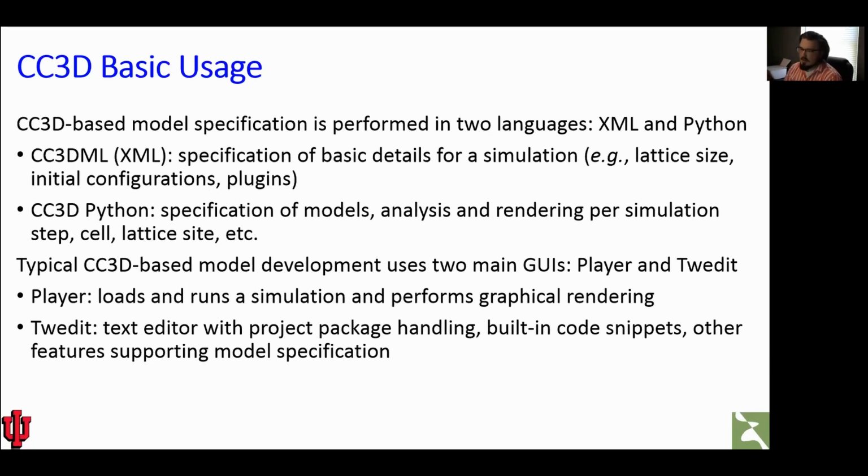This is specifying things like the number of simulation steps, so how long you would like your simulation to run. It's also useful for launching plugins that are built in with the libraries that do the simulating, things like simulating adhesion energy or tracking of neighbors, so on and so forth. So the general stuff is primarily done in CC3D ML,